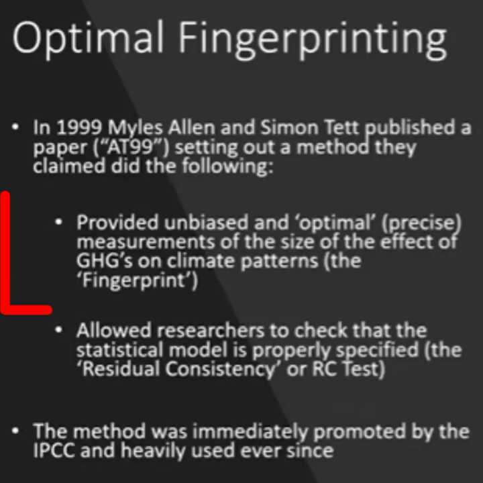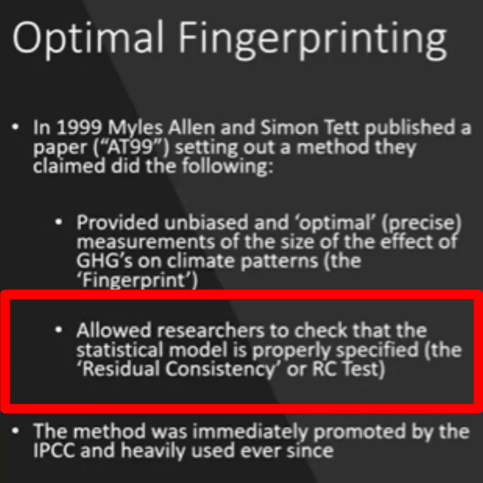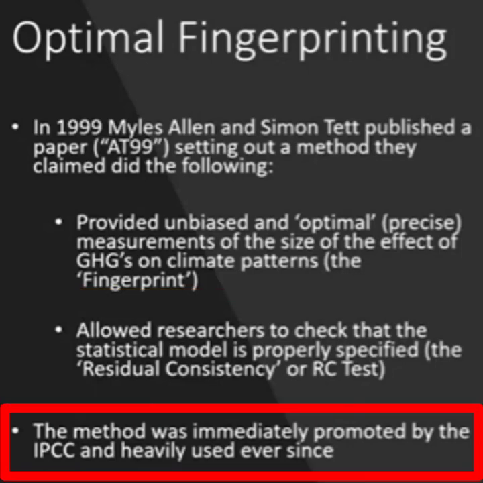The important thing is they said that their method yields unbiased and precise answers. And then they also said you can check your work using a special statistical test that they proposed. And they said that this statistical test will tell you if your model is valid or not. And they called it the residual consistency test, or the RC test. It proved to be very popular, and was immediately seized upon by the Intergovernmental Panel on Climate Change and was used